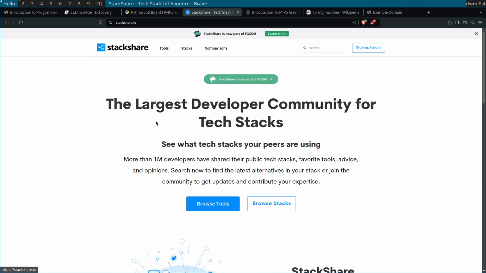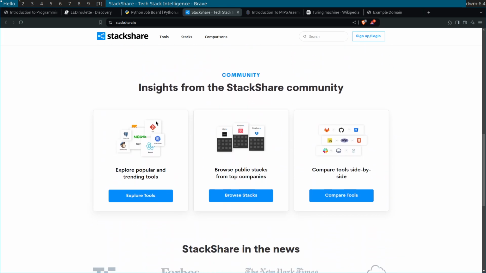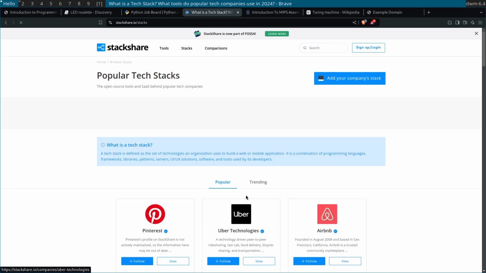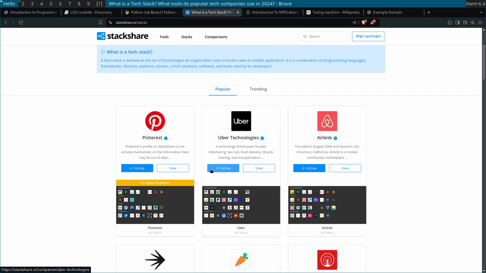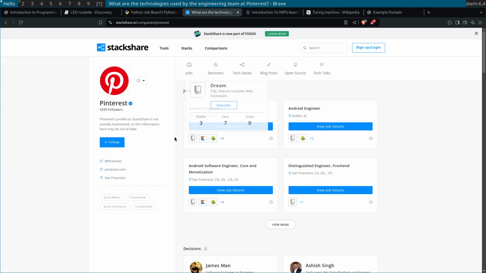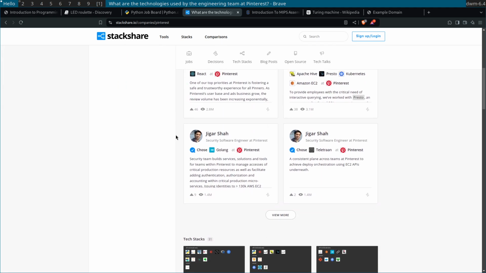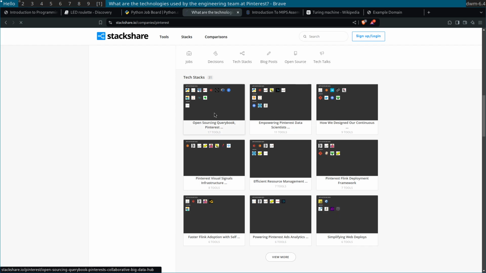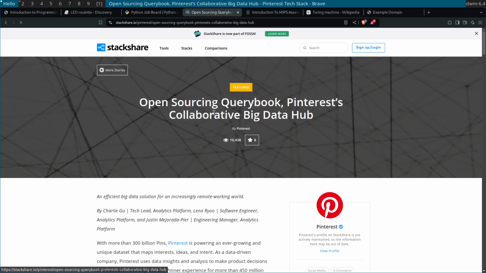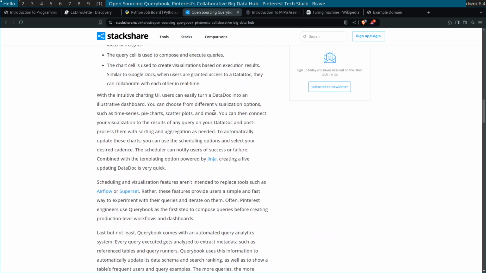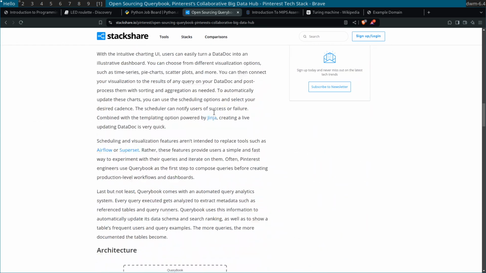You could research a company and look at their tech stack. Let's look at what Pinterest is doing. I know Pinterest is written in Python, but let's see what their tech stack is made up of. Oh, why is it going so far back?